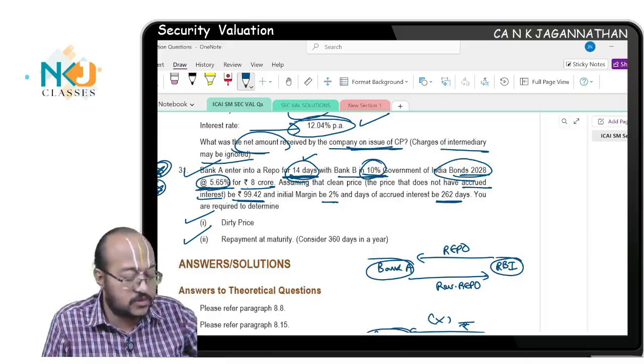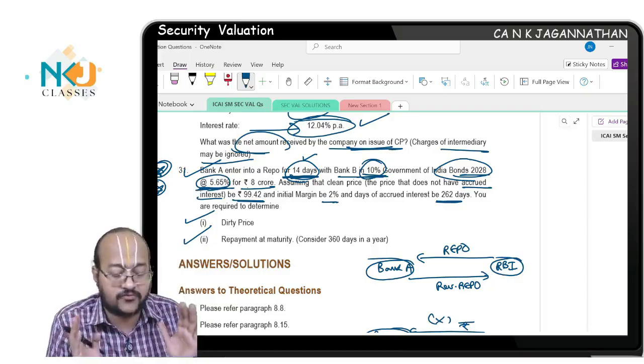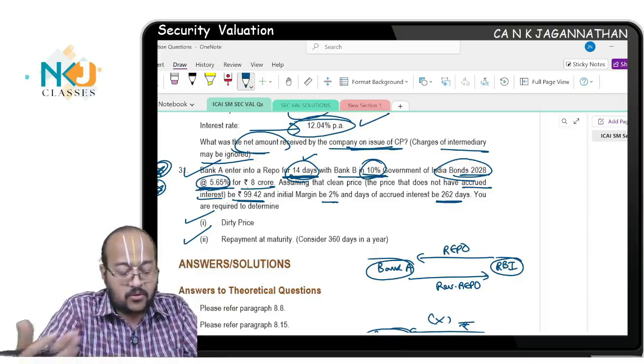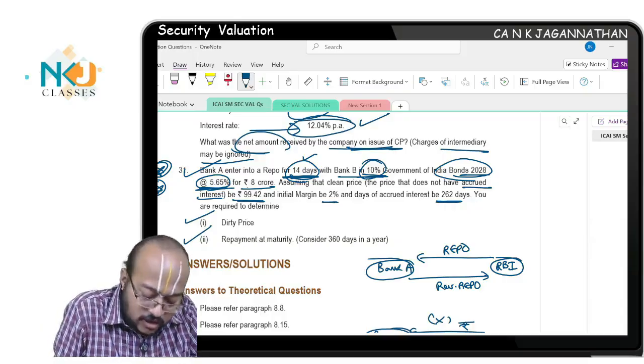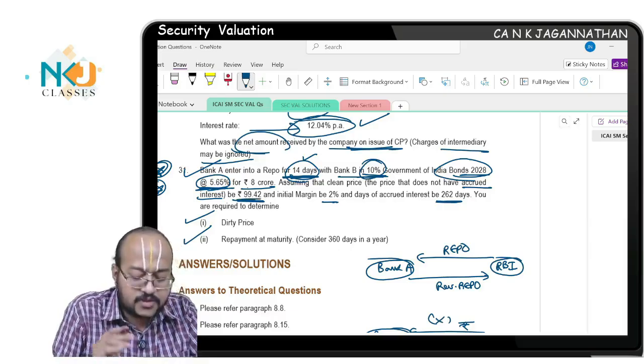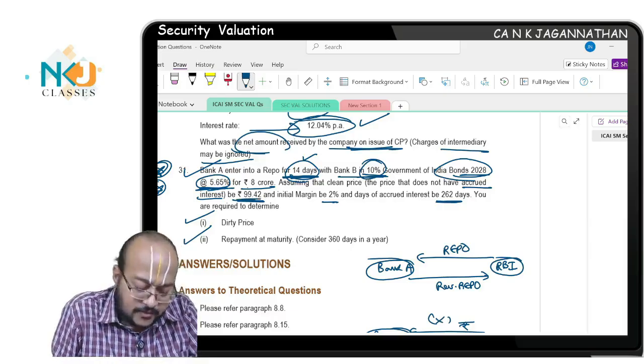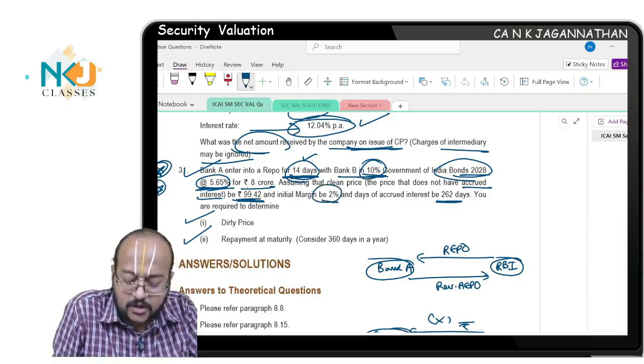This is how the arrangement happens for 8 crore. 8 crore is the value of the borrowing, or the issue of the bond. Assuming that the clean price, which does not have accrued interest, is 99.42. They have given the initial margin as 2%, and the accrued interest period comes to 262 days, which means, very simple, dirty price is nothing but